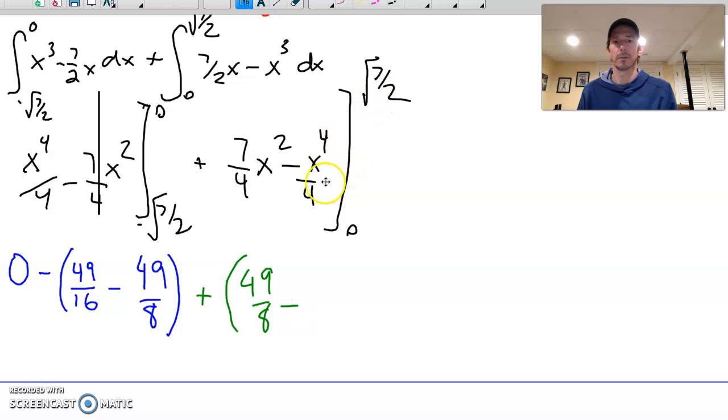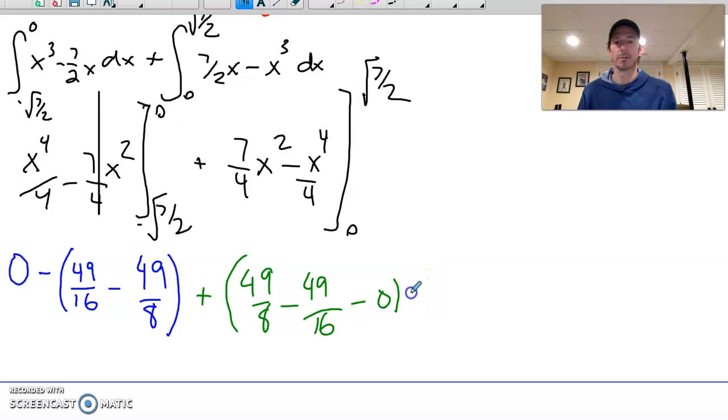Minus, I put it in here. Again, the square makes it 7/2. Squaring again makes it 49/4. Divided by 4 is 49/16. So you're kind of seeing a trend. And then I put 0 in both of these. It's just minus 0. But what I have to do now is make sure that I distribute this negative sign